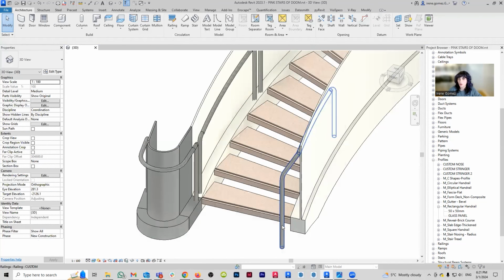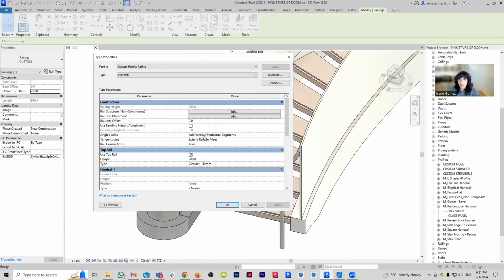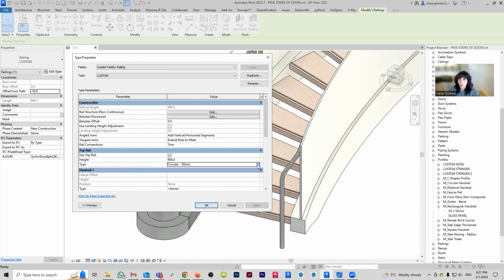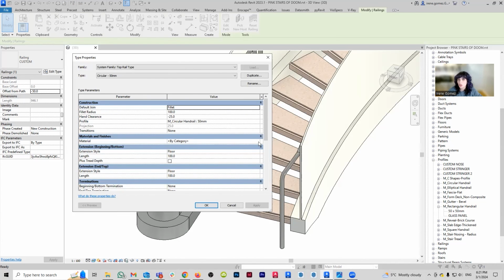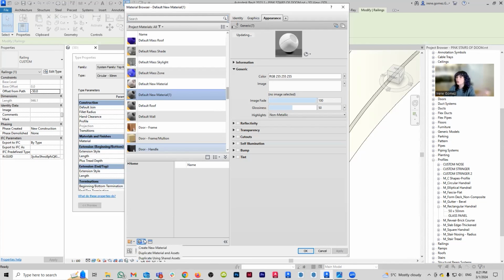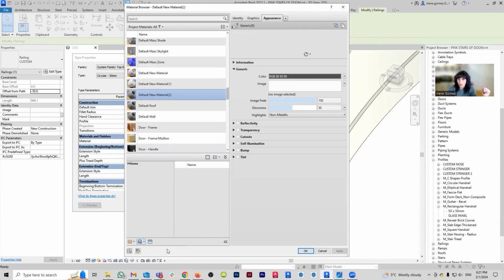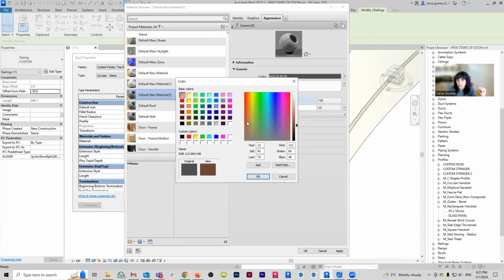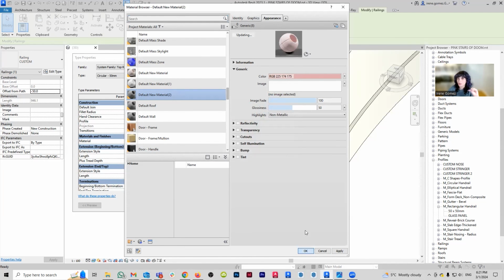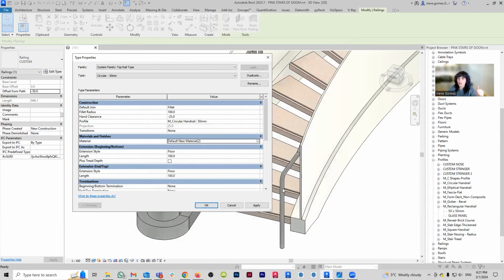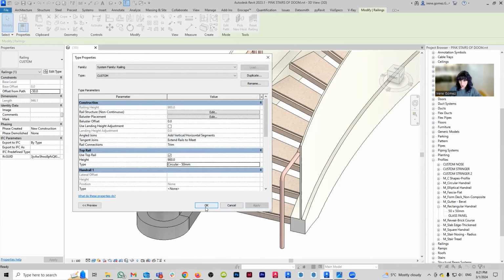All right, now we are going to start working with our railing. For the railing, if I go here on the type, you will see that there is also a material for it. Now, this material looks like a powder-coated metal, so I'm just going to make a solid pink color for the time being. I don't want it to be too aggressively pink. I want it to very closely resemble the stringer itself, so something like that, a little bit more reddish. Yeah, that seems to look accurate. I should be naming these materials. I am not because I'm lazy. So please do as I say, not as I do.